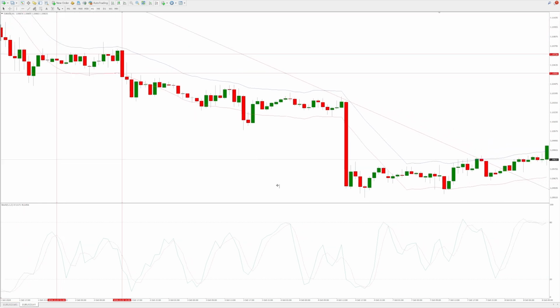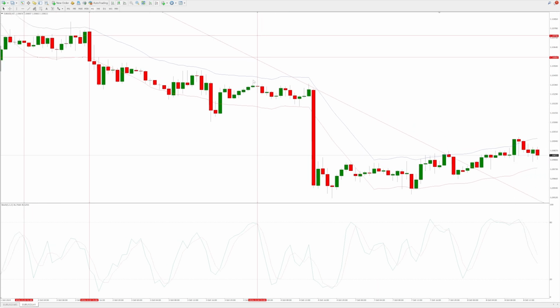But the stochastic did give us a nice crossover entry near the overbought zone there, despite the envelopes not agreeing. However, here you could have taken a trade based on the breakout of the lower envelope there. Okay, so